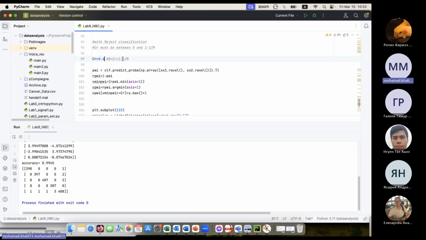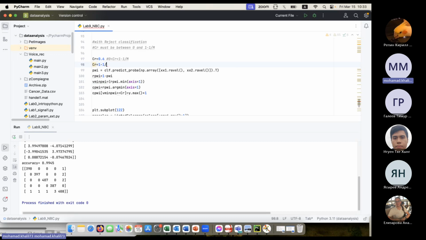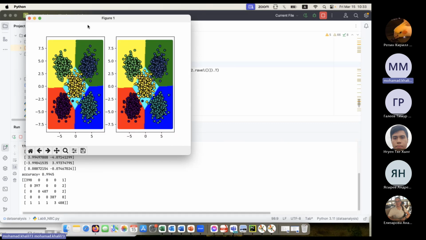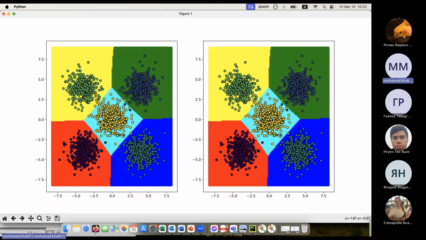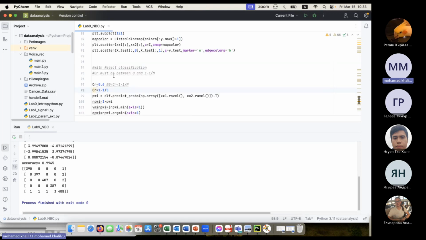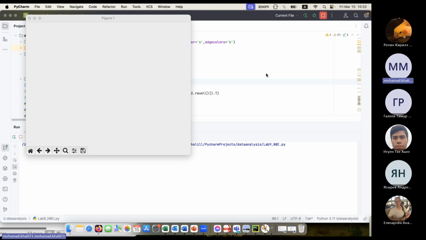Imagine that I say that CR equal 1 minus 1 over 5. Look what I will have. No, this is the limit of CR. Look, I don't have any, exactly the same. Why? Because I don't have any. So if you take less than this, for example, CR equal 1 minus 1 over 5 is equal how much? 0.8. So if you put 0.7 and you eliminate this, you'll have the first beginning of the